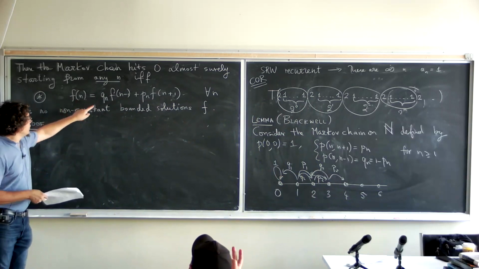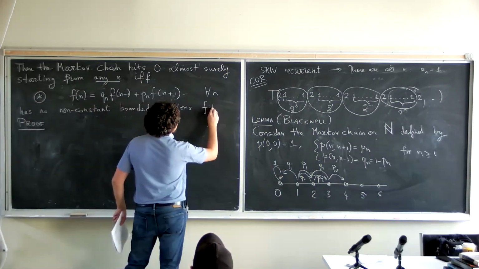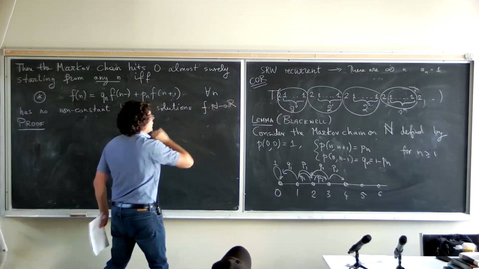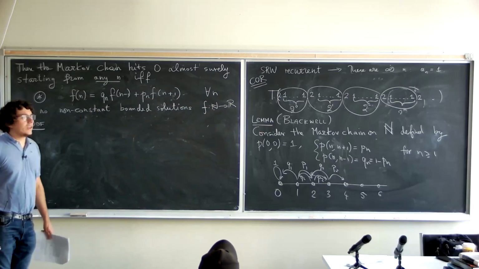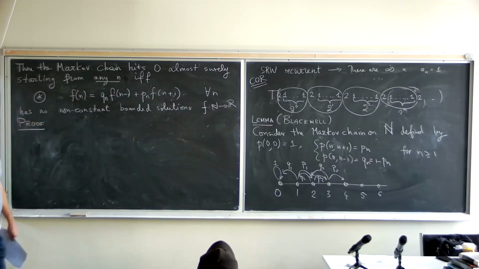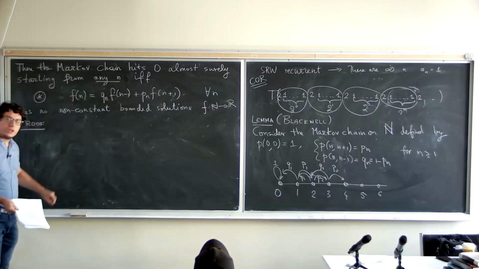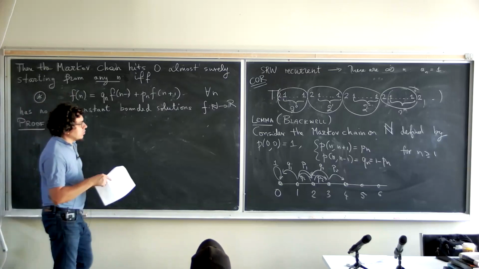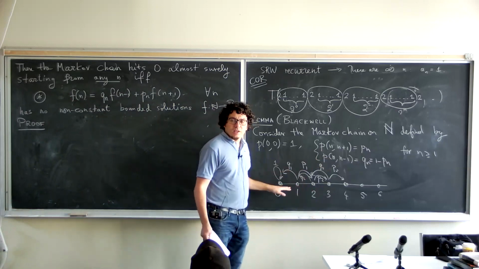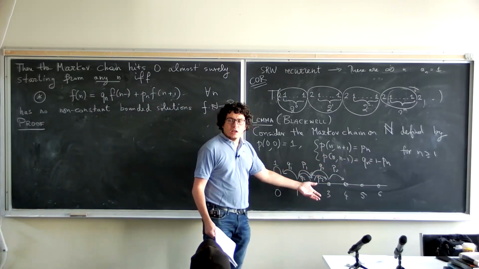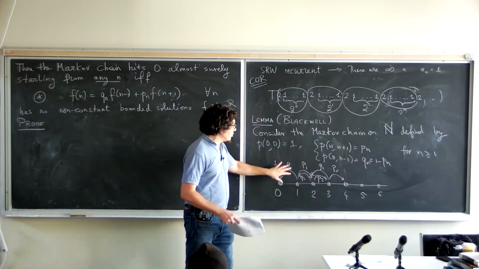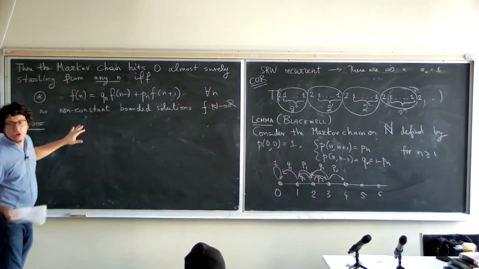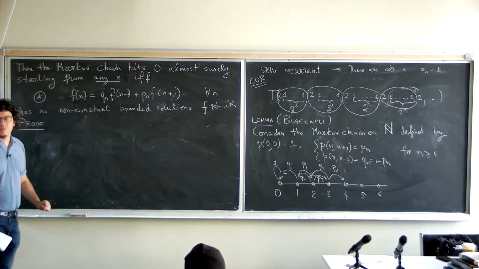So you see, this is a function from n to r, or to 0, 1. Should be the average of... It's not quite the average. Can you do F0, F1, F2, F3? Well, once you have this equation, you can inductively write it. But the key point is, once I give you this system, you can run this Markov chain. So can you produce from this system a function on the integers that satisfies this equation?